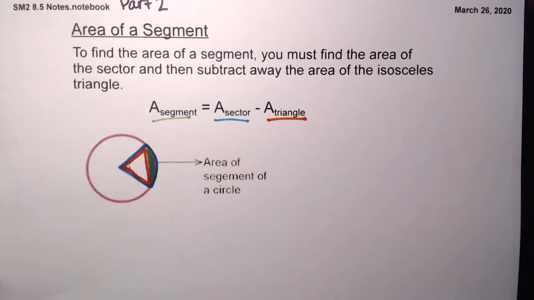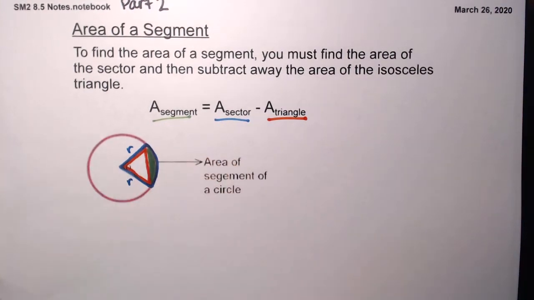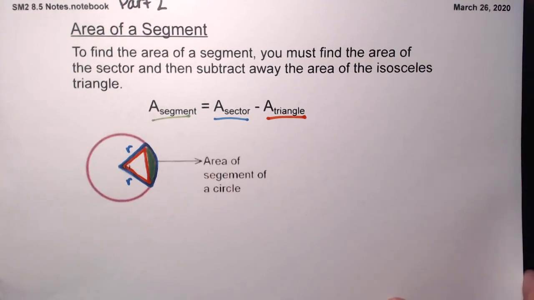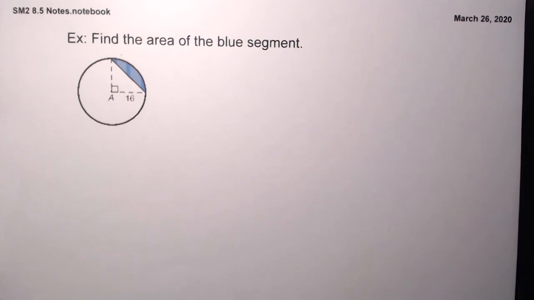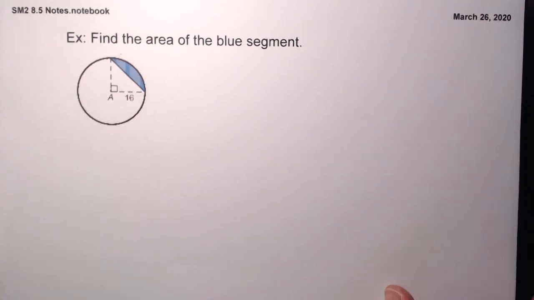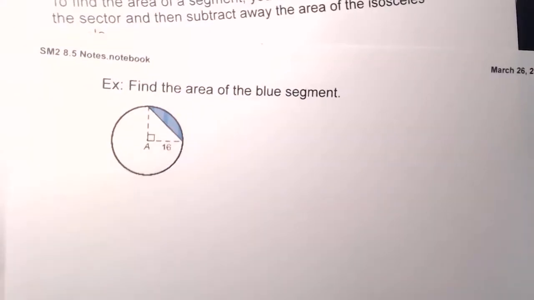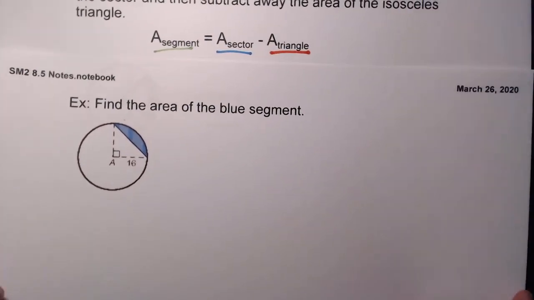So this is always going to be an isosceles triangle because the radius of the circle doesn't change. Okay, so for our first example, we're going to find the area of this blue piece right here. Okay, so the first thing that I want to get the area of that segment